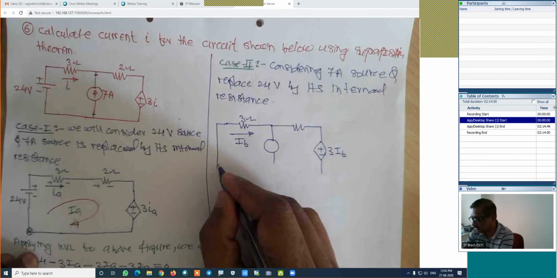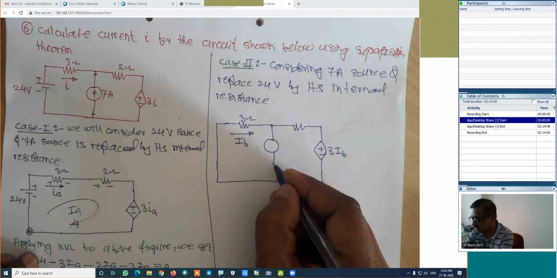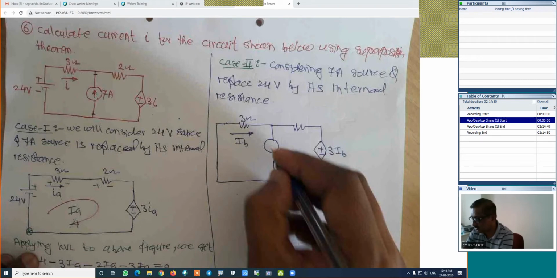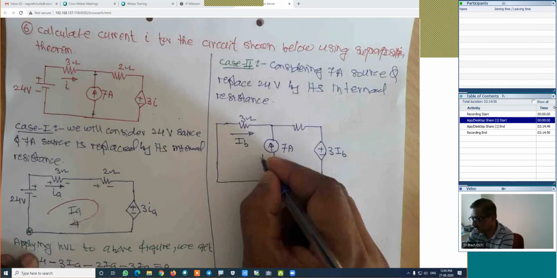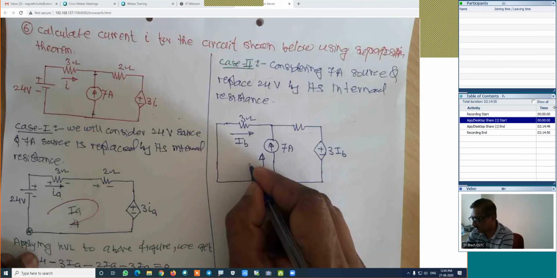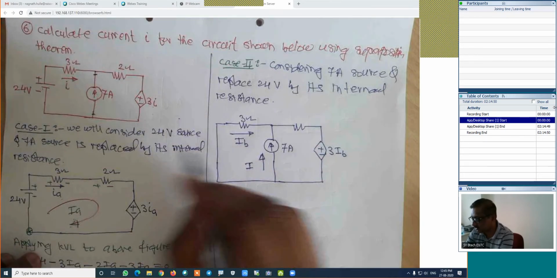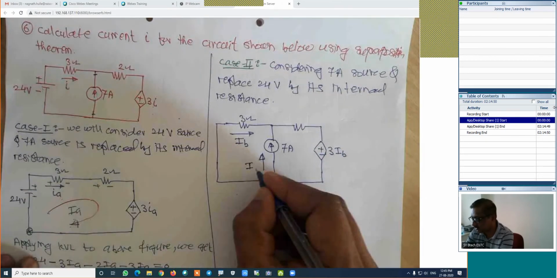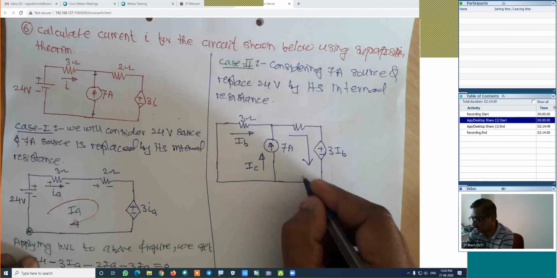Is it right? I will take more numbers of problems on the different. This is the first. No need to bother. This is 7 amperes. Do you know its direction? How is its direction? It is upward. I will call it, this is IB. I will call it as I1 maybe, or something different name. IA is given, IB is given. I will name it as IC, and this current is also there. I will name it as ID,